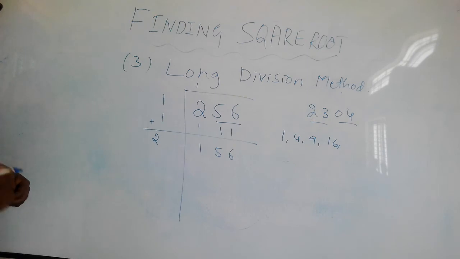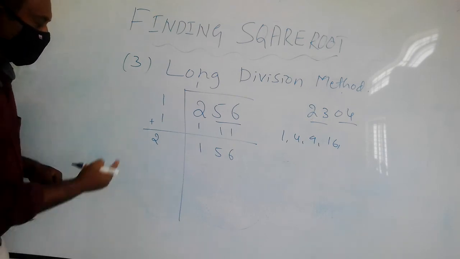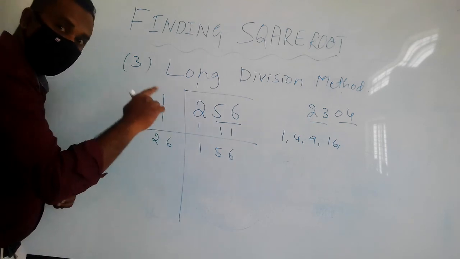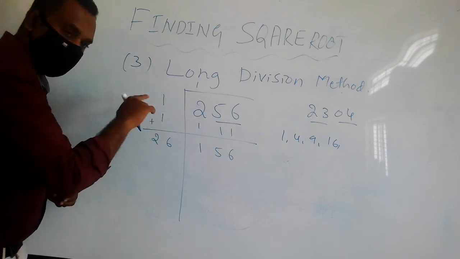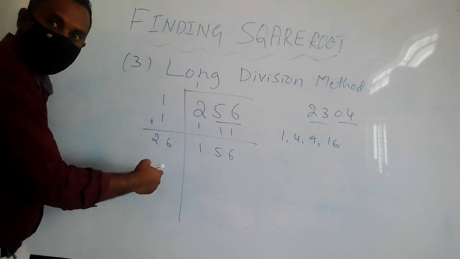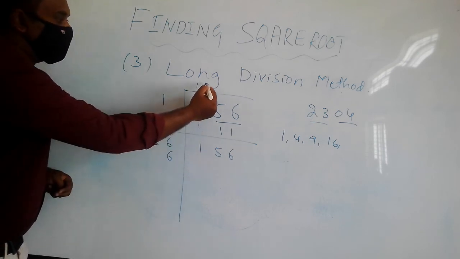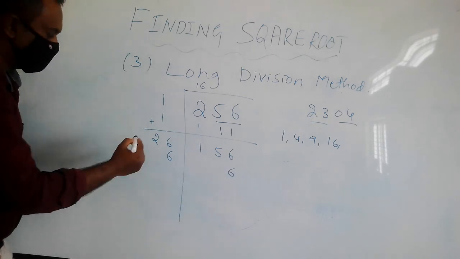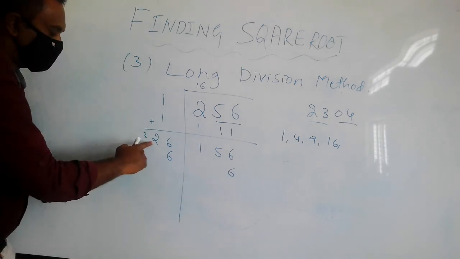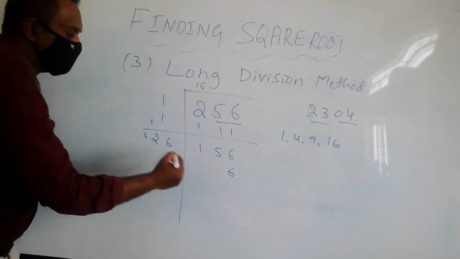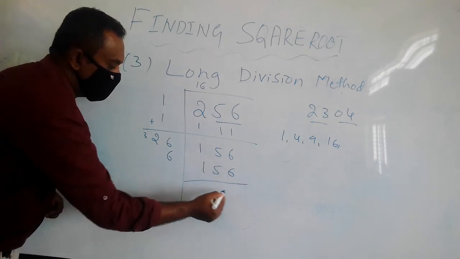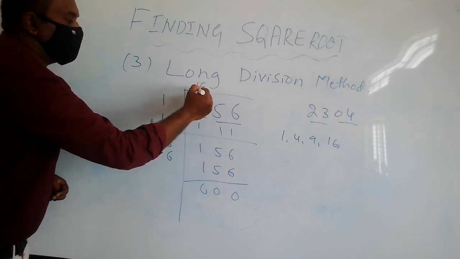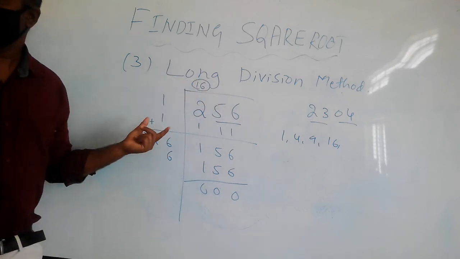Clear? Getting? Okay. Next here I will take one number, 6. Again you must multiply with the same number. You should multiply with the same number 6. If you take 5, it is 5 only here. Now 6. Here also I will take 6. 6 6s are 36. 3. 6 2s are 12. 12 plus 3, 15. 0 0 0. So the square root of 256 is what? Understood? Okay.